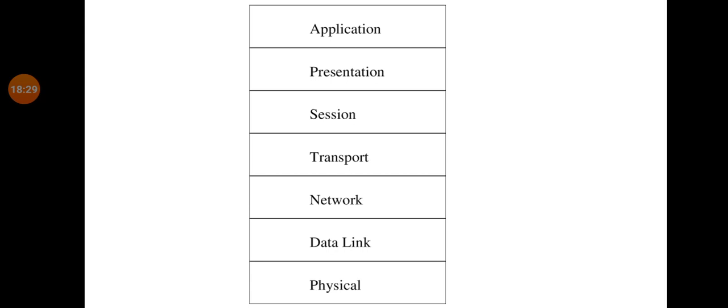Once the data is transmitted from the presentation layer to the application layer, it means the data is ready to be sent to the actual user. The user should be able to understand that data and work according to it.